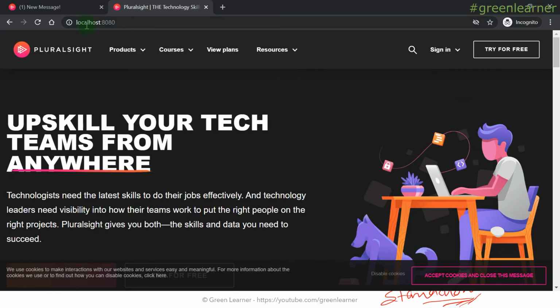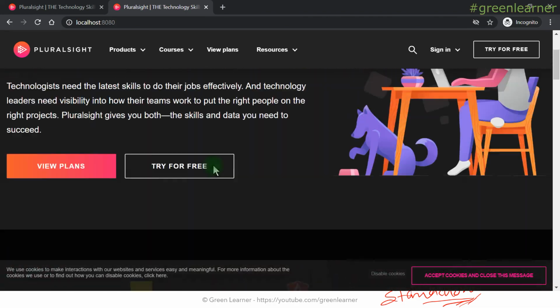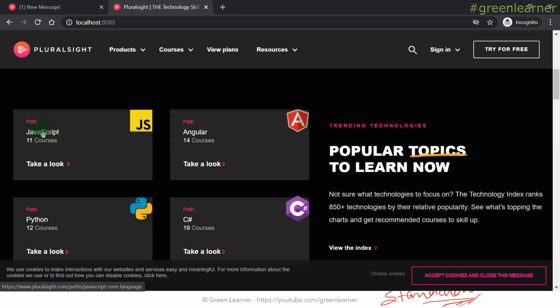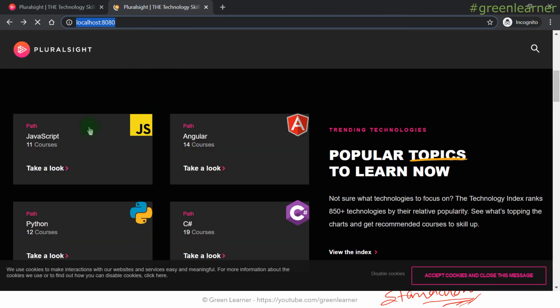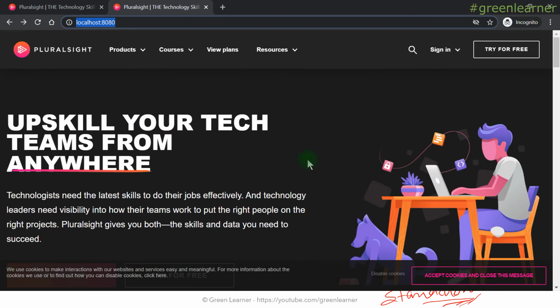Now let me hit this again, localhost 8080, right? So I'm hitting this again. Yeah, I'm getting the same response, right? This is the response that is being served by the stubs that we just stored, right? Now if I hit any URL that is JavaScript here, it is not going to give me anything because this is not in the stub mapping that we have under the mappings, but the home page of the Pluralsight site, it is with us under the mappings. That is why I'm able to access it without any internet, right?